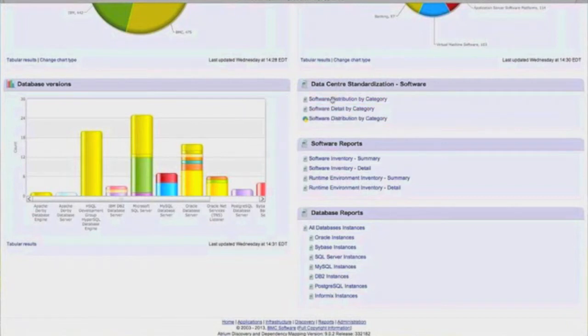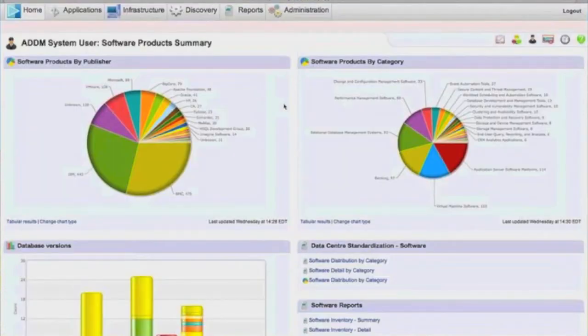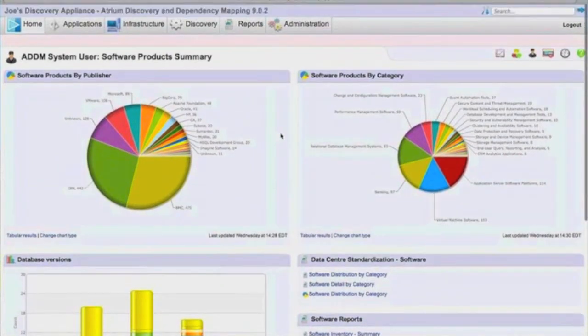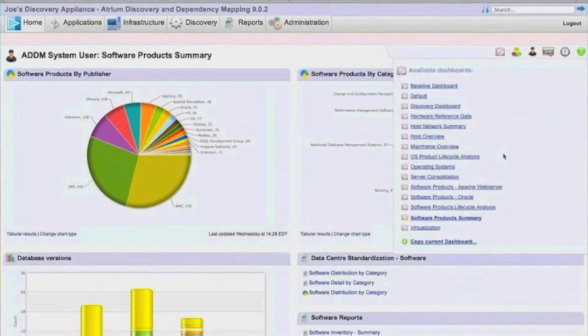I can look at software distribution by category. Again, I can see where software is installed. I can see what role it plays in delivering a business service, and I can make intelligent decisions about upgrading that software, about license consumption, and so on. So I can see exactly how many versions of a particular application I have running. And again, it helps me prepare for that audit if that happens to come up. Not that Oracle ever audits anybody, but again, it's just a good place to start that allows us to go in and start running some